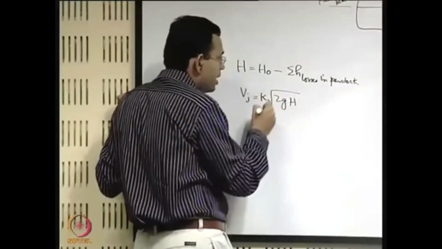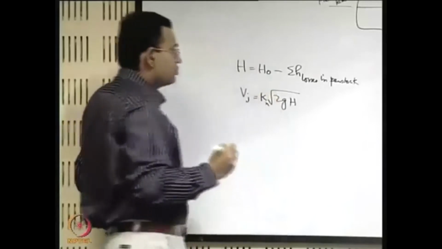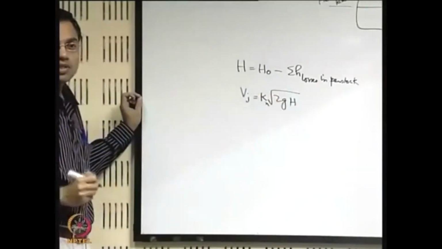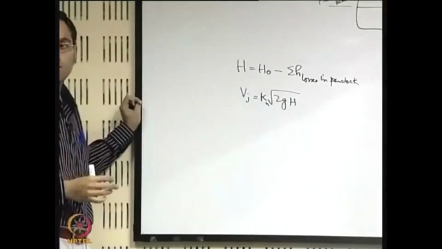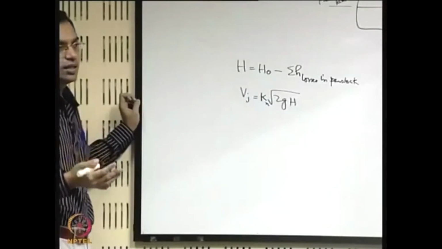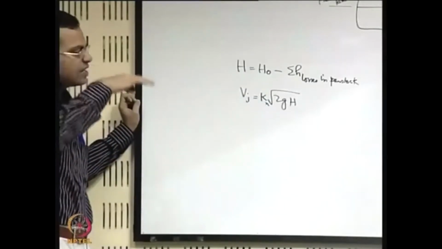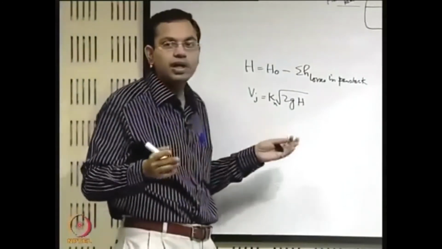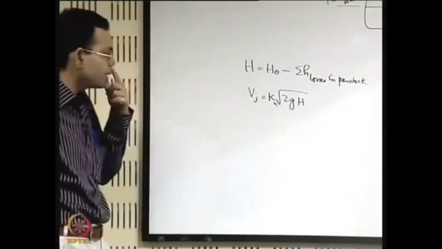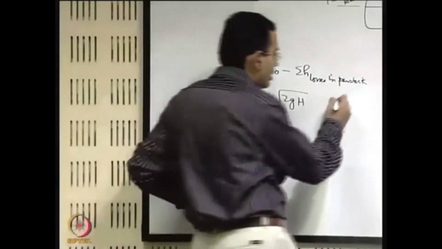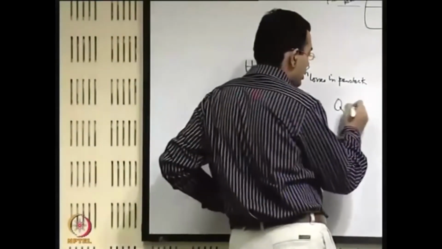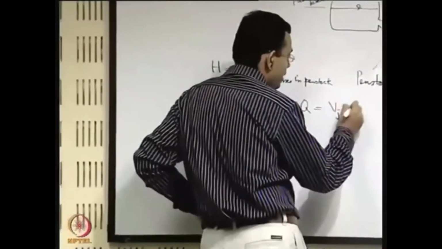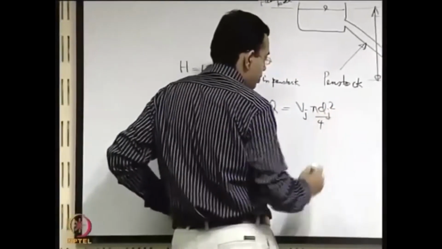So, it is multiplied by some fraction Kn, which is the nozzle efficiency, so to say, and it is not very less than 1, it is quite efficient, but it may be something of the order of 0.95 like that. And you can find out what is the flow rate that the nozzle is supplying, it is Vj into pi dj square by 4.